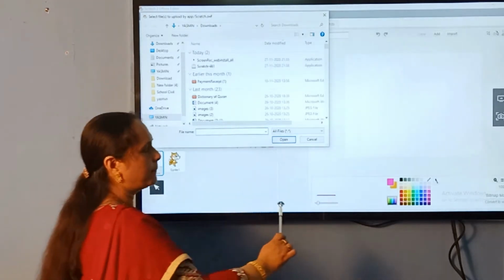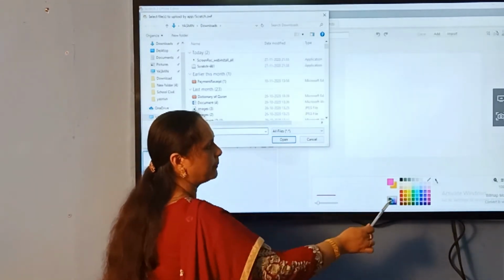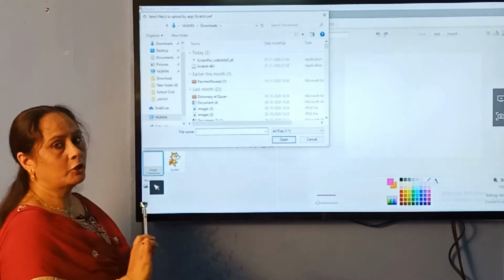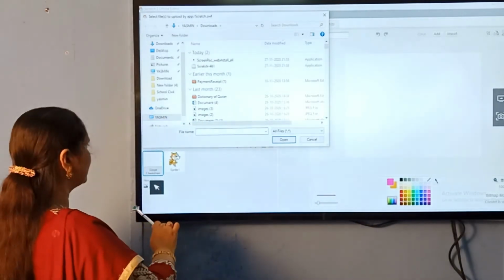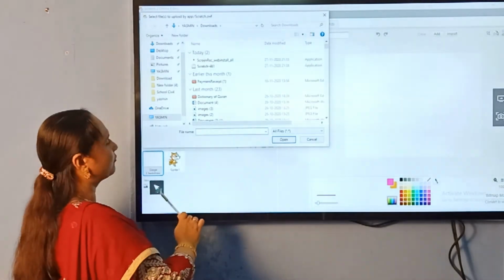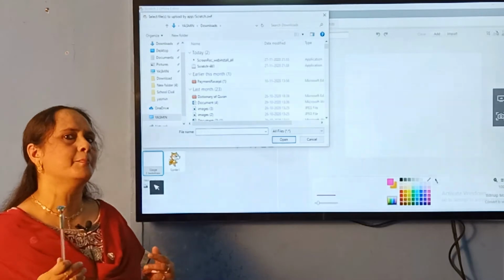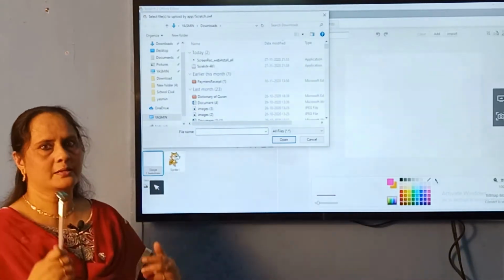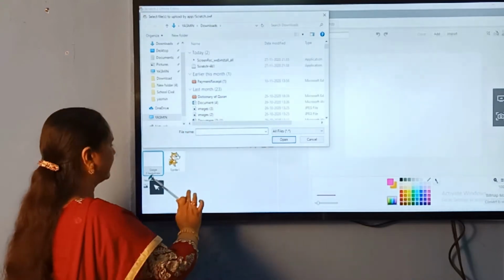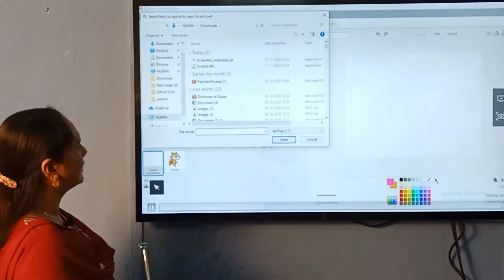Okay, so you have paint tools here. When you have paint tools, you can use them for drawing your own background. And the third one is hiding here, I can't show you. Actually you have one more, from the file. If you have downloaded any background from the internet, you can use it using the file. Just store the file and you can get it done. This is by taking the internet files.